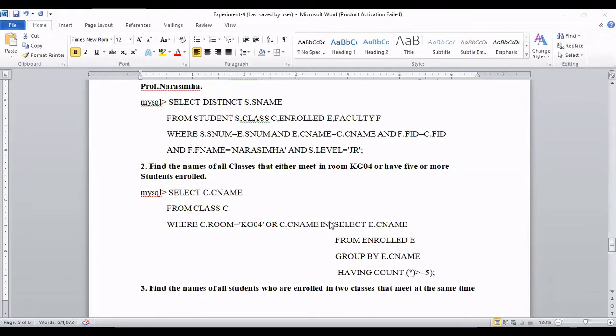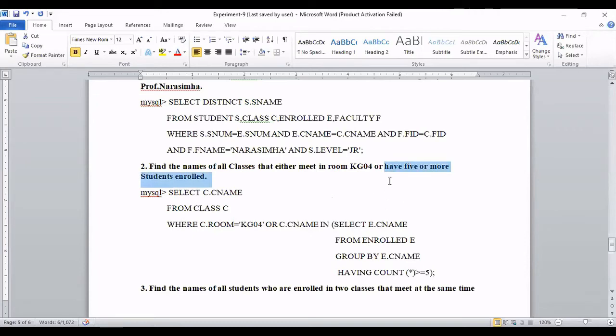Now here you can keep this thing here, or this thing here. Any side you can keep inner, and any part you can keep outer, not a problem. But remember, always keep the multiple row query in the inner query. If the query is returning multiple rows, then always keep it as the inner query. So this is the inner query. What is that multiple row condition? The multiple row case says 5 or more students.